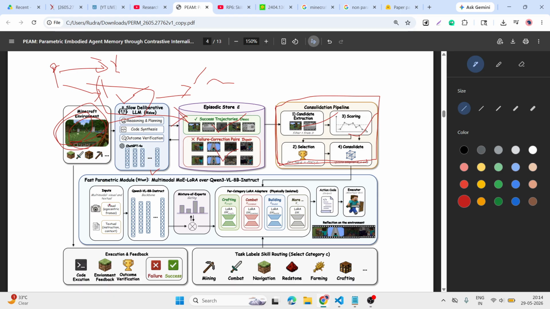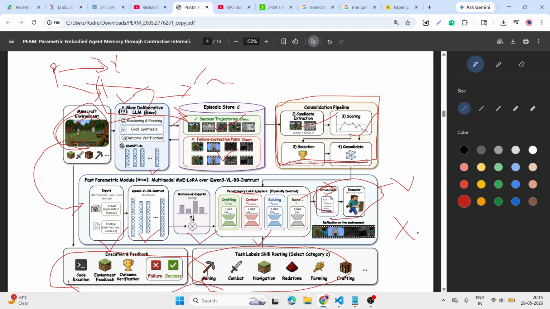In this case the input is visual and textual. In this game we are taking the visual and textual input. This is the method for giving the inputs. After that they are converted into embeddings, then the LoRA is applied. After the LoRA, it pre-categorizes, and they decide what action to take and what to execute. After they execute, they check whether they succeeded or failed.